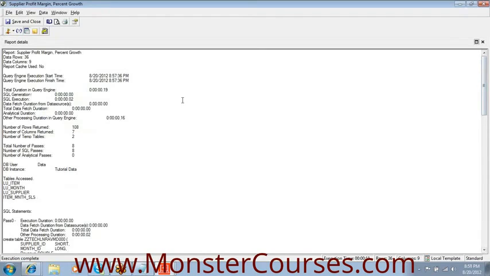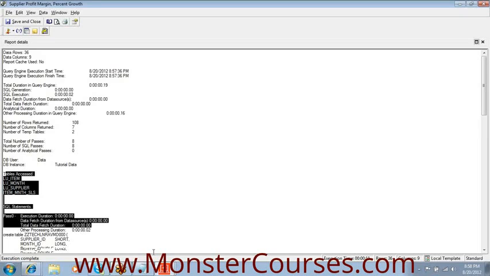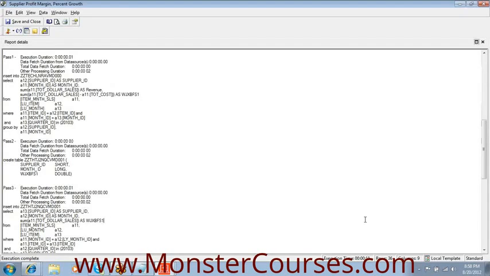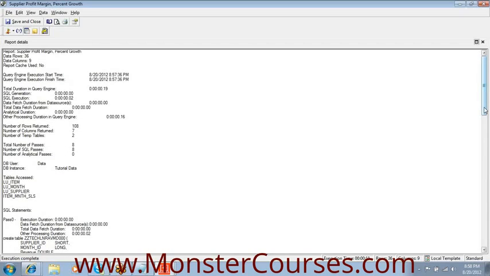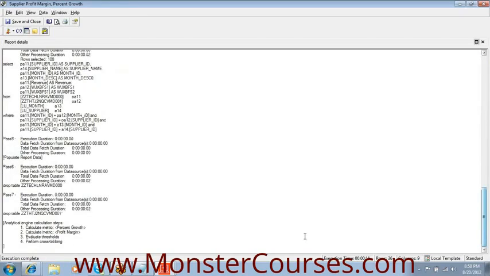So you see here, as I told you, you have a SQL generation engine, an analytical engine, and a query generation engine. Look at it, it's less than 1 second, 19 milliseconds. What database was it hitting? The tutorial database. What tables is it hitting? How many SQLs were created? This is how MicroStrategy creates them. It creates temporary tables to make the performance a bit faster, and it drops the tables once the task is completed. Look at the drop table. It will be different for different databases.